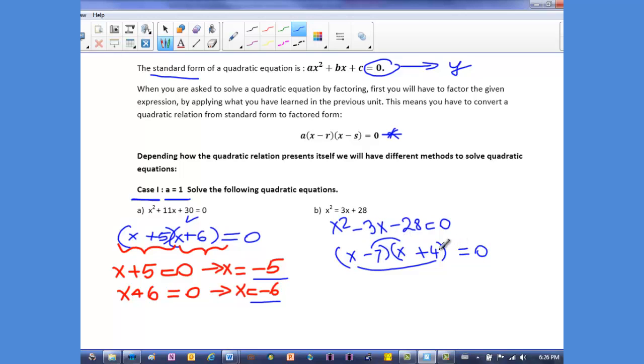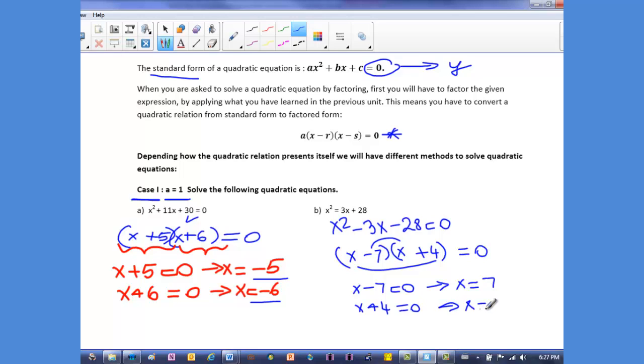Negative 7 times 4 gives us negative 28. And remember, if you set each bracket as a linear equation, you will be able to find the two possible roots. So if x minus 7 equals 0, then x equals 7. And if x plus 4 equals 0,